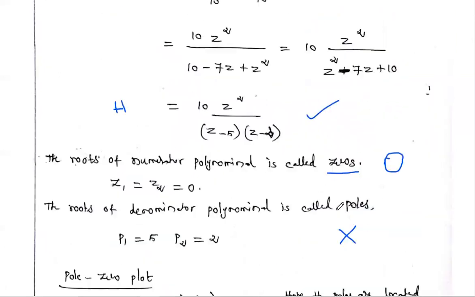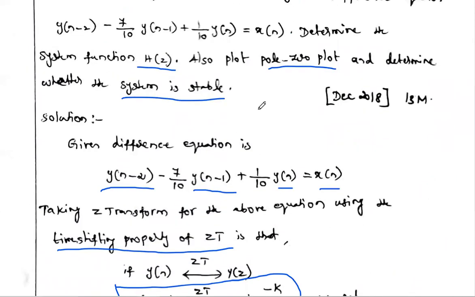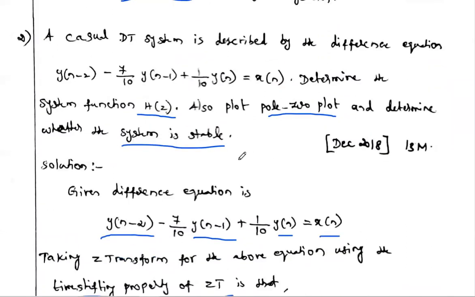Okay, so this is one type of problem. This is also your analysis of continuous-time and discrete-time systems using the Z transform. It's a December 2018 question. So study this question clearly. Similar to this problem, we will see more in the next video. Some university problems we will discuss in the next video.